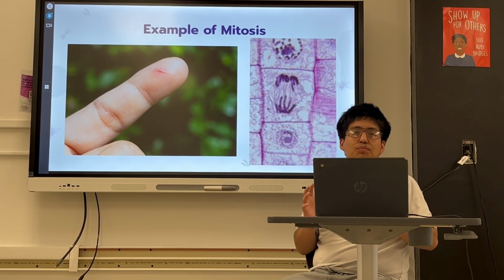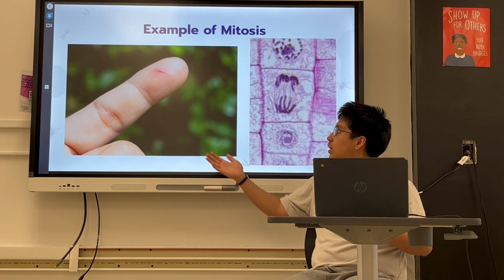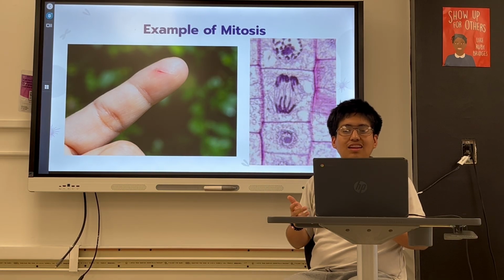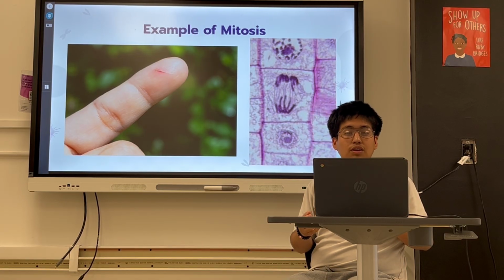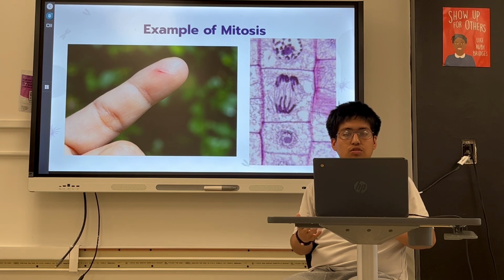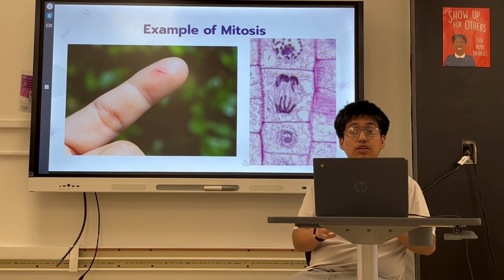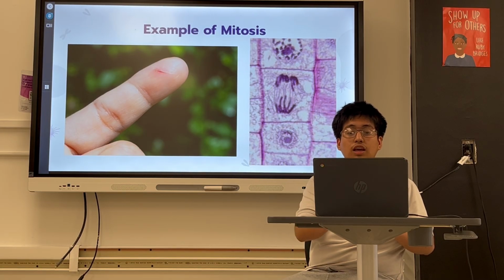A great example of mitosis and how it works can be somebody getting a cut on their finger. As you can see in that example, it demonstrates the wonders of how your body repairs itself from a cut or most kinds of injuries. It's through mitosis. The healing process includes the damaged skin cells needing to be replaced through controlled cell division in order to restore